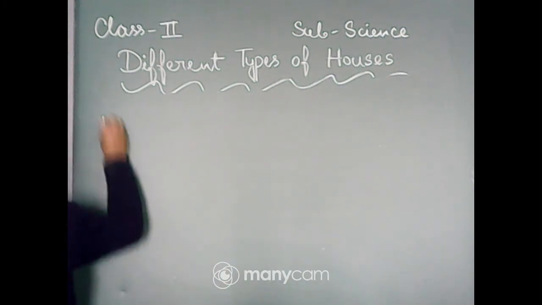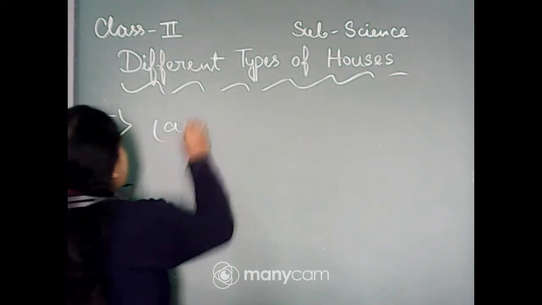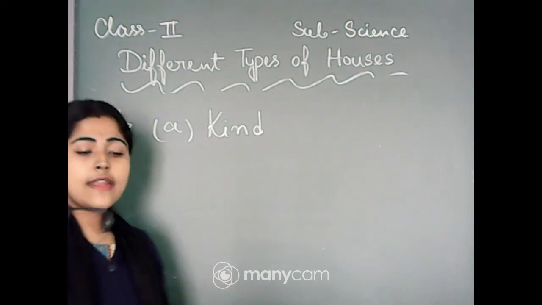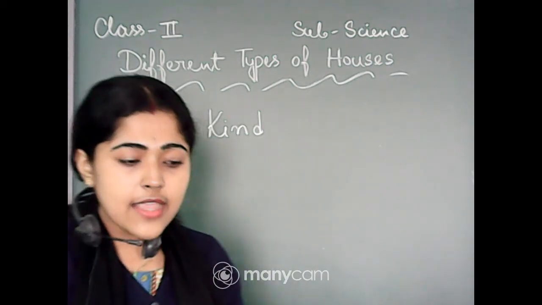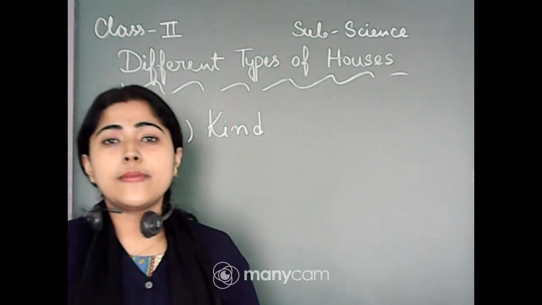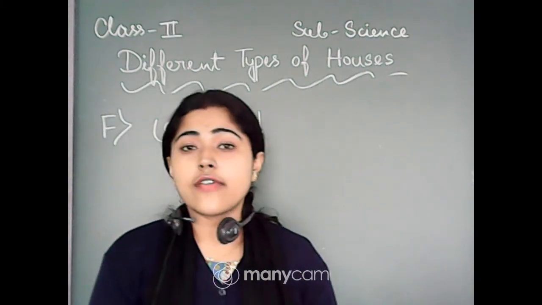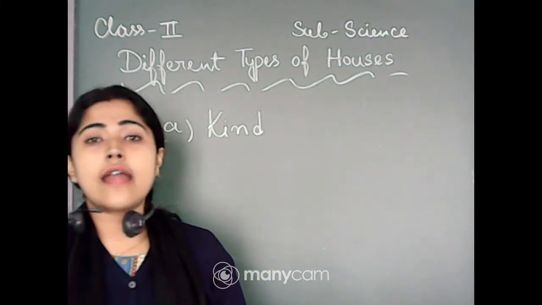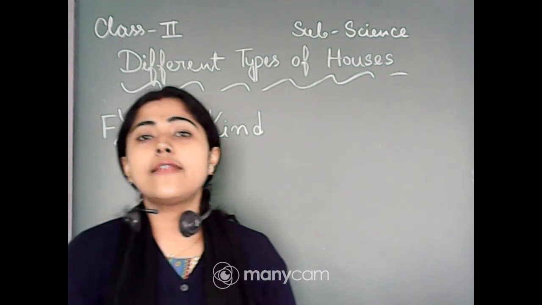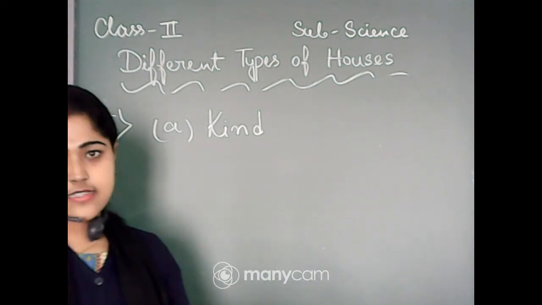As I think, the correct answer will be kind, option A, because Priyanka is very kind to her friend and to others also. So when she saw that her friend Aarti's home was already damaged by the heavy rain, she requested her mother to give her a tent to live in for a few days. That shows that Priyanka is so kind. Okay, so kind is the correct answer.